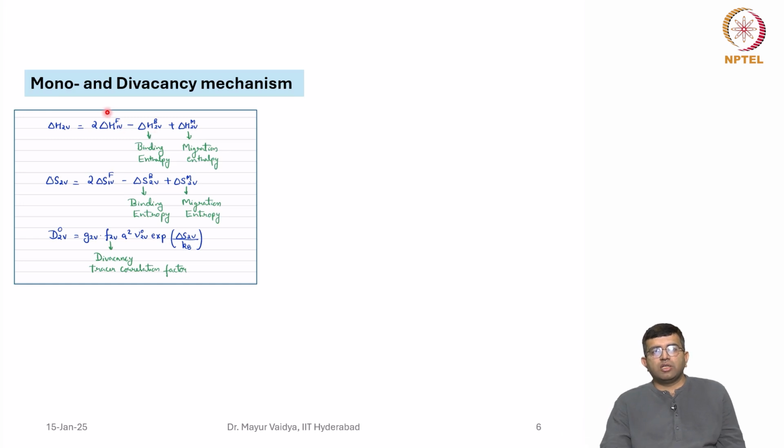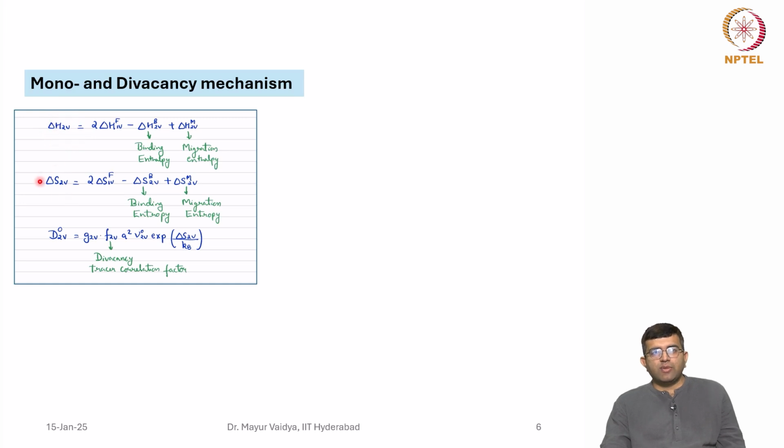Whereas this term indicates that first two mono vacancies have to be formed, then there is a certain energy which the system gains by binding of these two vacancies, and then there is a migration enthalpy term which also goes into delta H2V, which is the activation energy for the